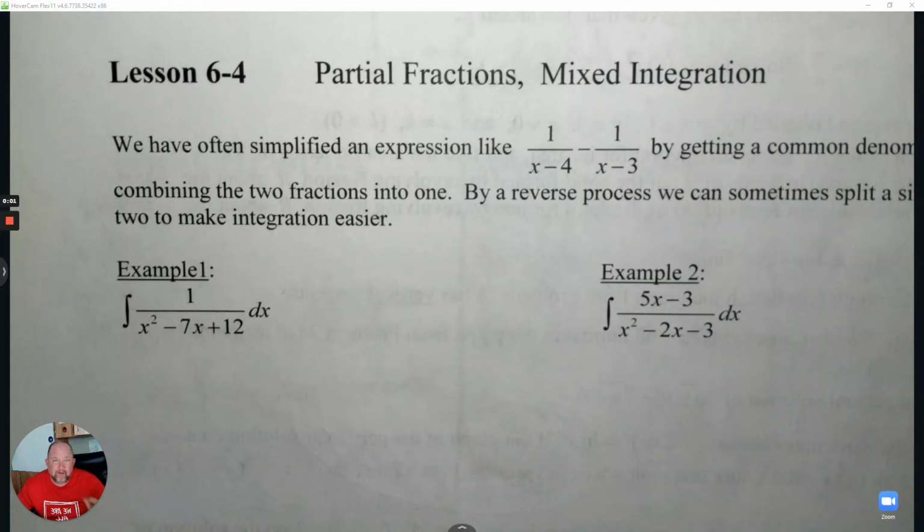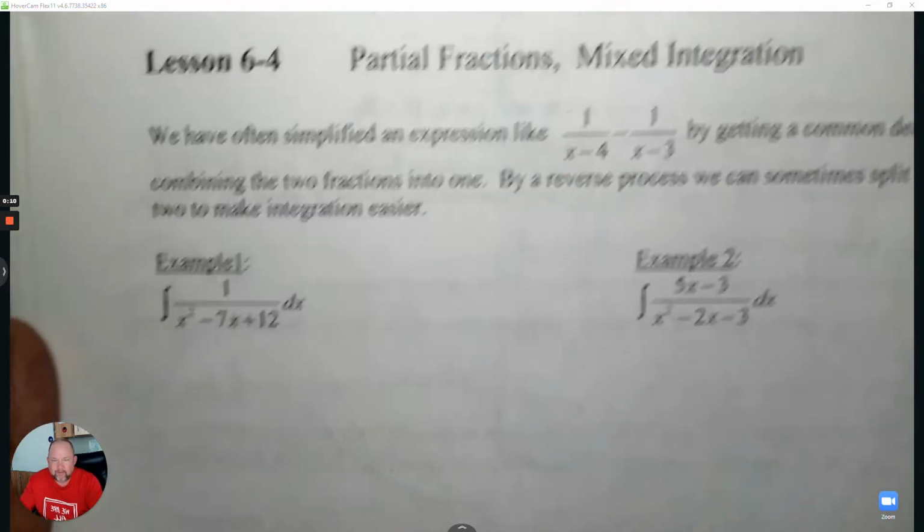All right, today you get a BC lesson. Exciting. Today's lesson is on partial fractions, mixed integration. And so I want you to look, today's about looking at fractions and figuring out how am I going to